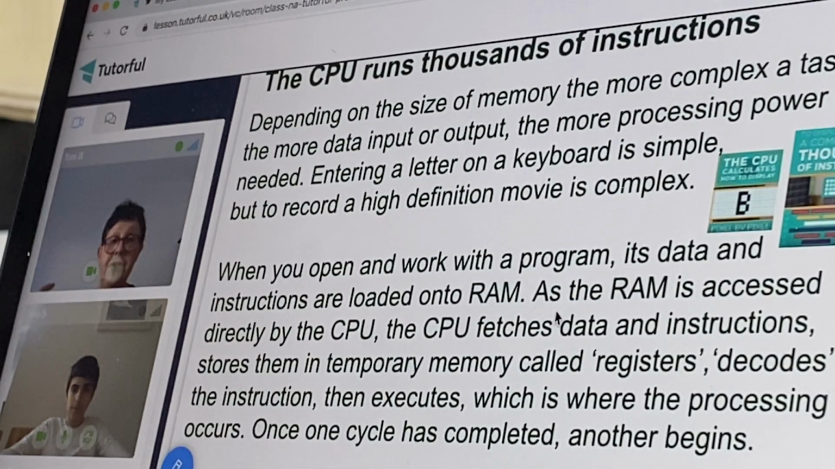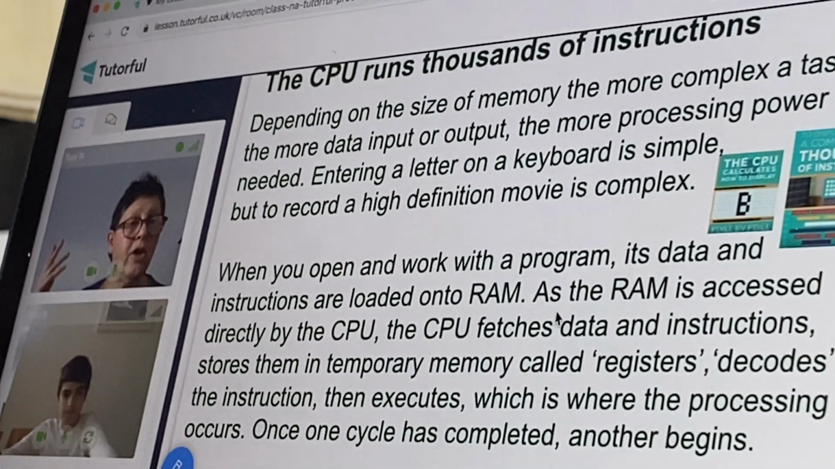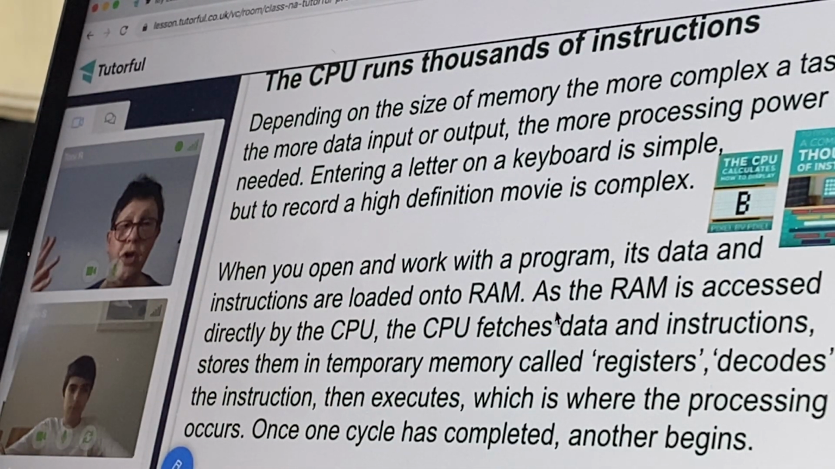Okay, so the CPU runs absolutely thousands and thousands of instructions. We're sitting here talking about it processing instructions, but it works at a huge speed. It processes thousands of instructions. So when you actually save, when you've got the data on RAM,